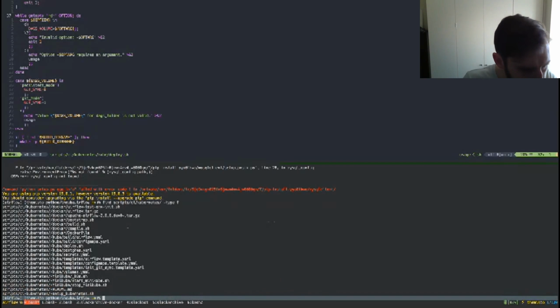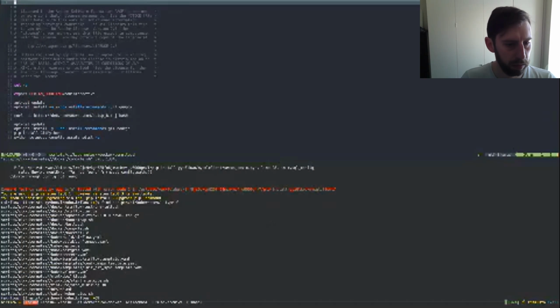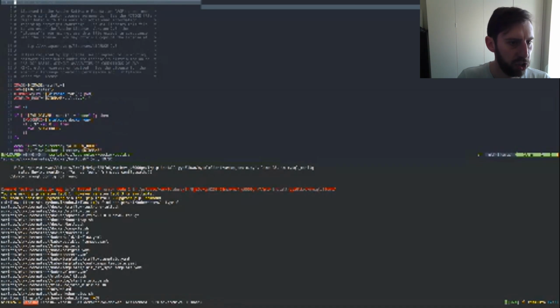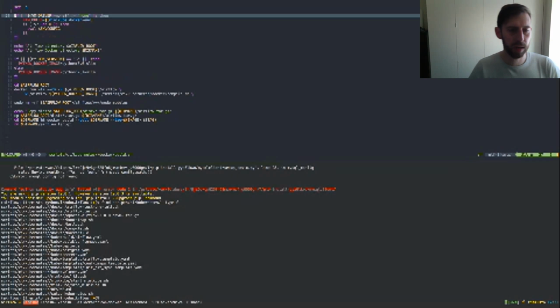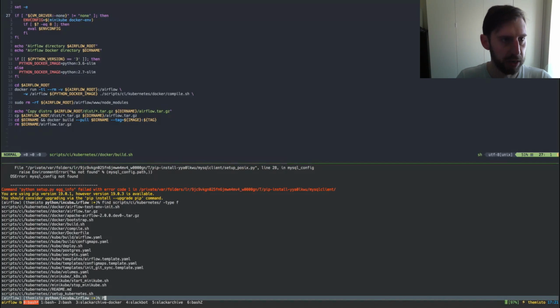And I run a combination of scripts. There are two things we need to do. Let me just check which one's which. Yeah, so this one. First off, you will need to get the Airflow image you want to test. So that is what this Kubernetes Docker build script does. I'm not going to run it because it takes a while, but I do Python